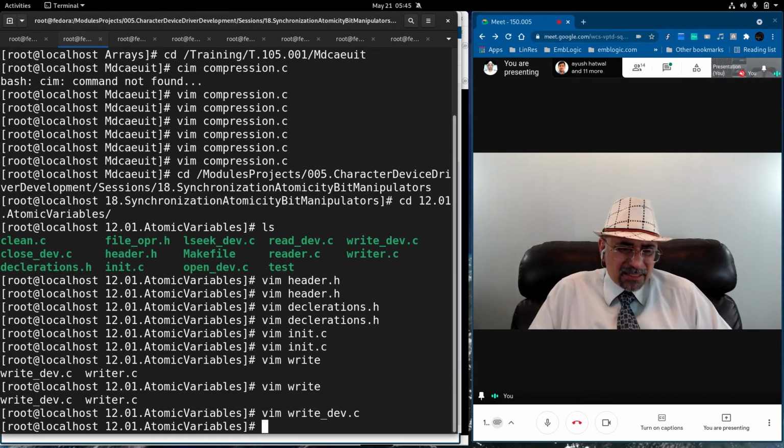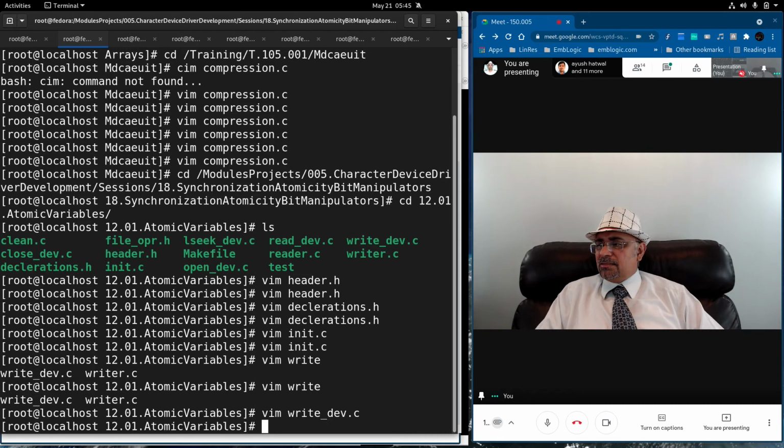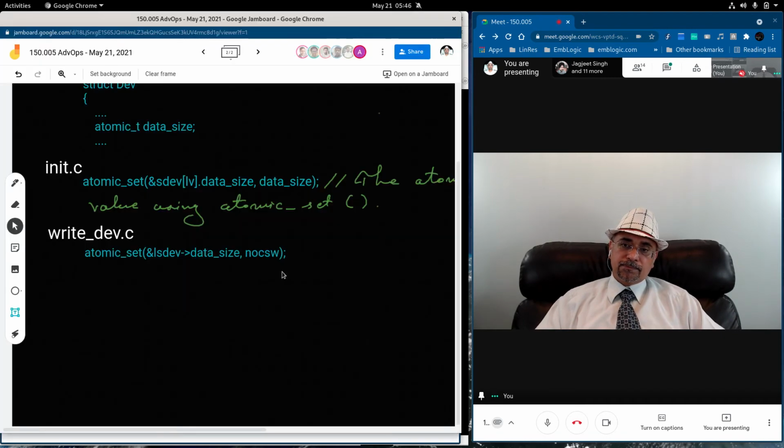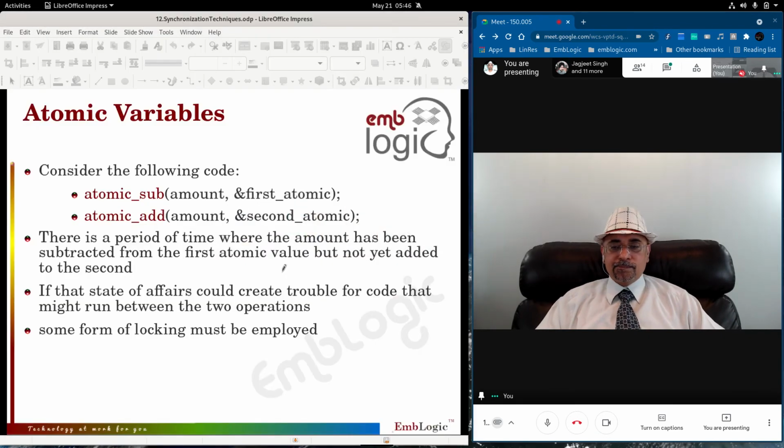Actually there is no standardization, but still I see that all the architectures use the same call. The only difference is a slight difference of endianness, but it works well for all the architectures. It simply does one thing.